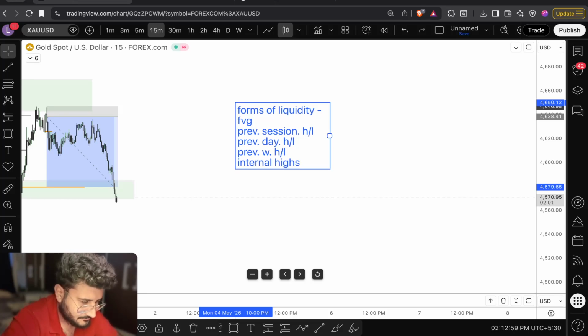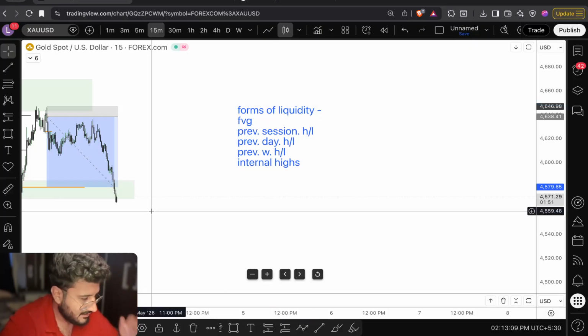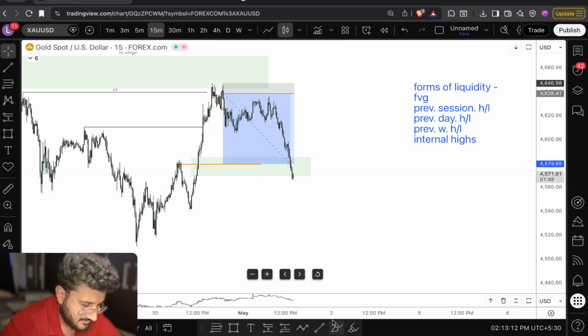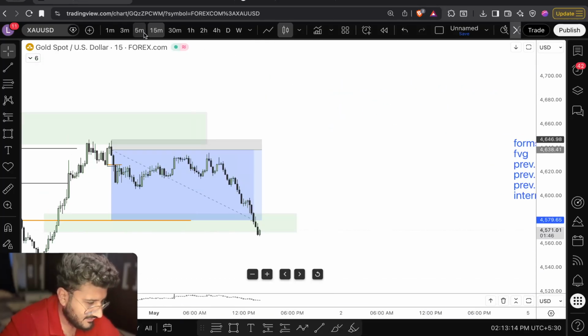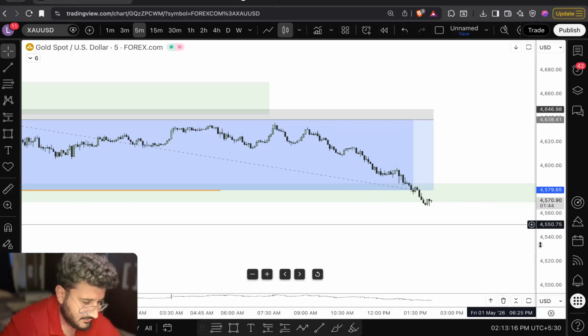highs. If you are looking at the 5 minute time frame, there will be a big range, and inside the range there will be highs and lows. That highs will be internal. Market will hunt that highs, and then if I show you some example only, right, in the live market. So if I go to the 5 minutes time frame, look over.